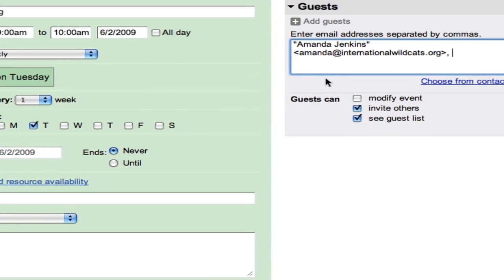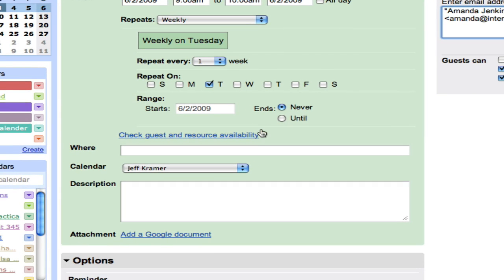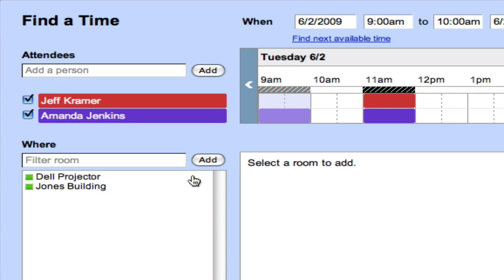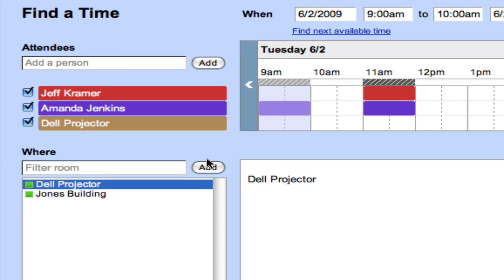One unique feature of Google Calendars is resource scheduling. If I click on this link to check guest and resource availability, I can see this pop-up where I now have the ability to invite a resource to an event. A resource is anything like a conference room, projector, or any other thing that is shared amongst all the domain